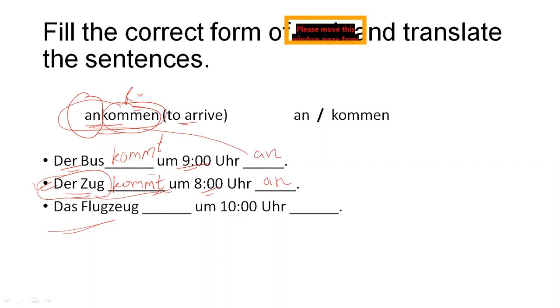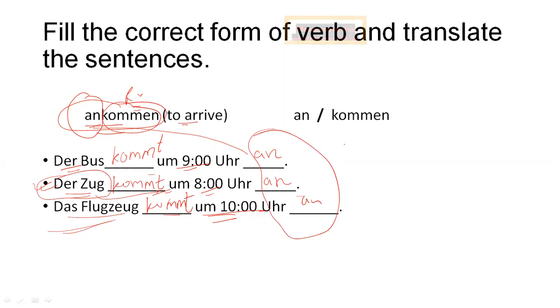Similarly here, the plane will arrive at 10 o'clock, and then I should write kommt: der Flugzeug kommt 10 Uhr an. So you need to keep in mind that the prefix will come at the end of the sentence. But sometimes if you get MCQ, then I tell you what type of questions may come. For example, the examiner will give you: der Bus,